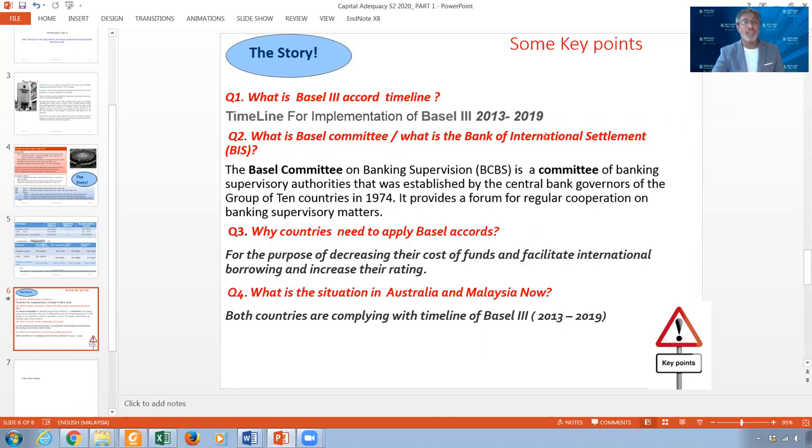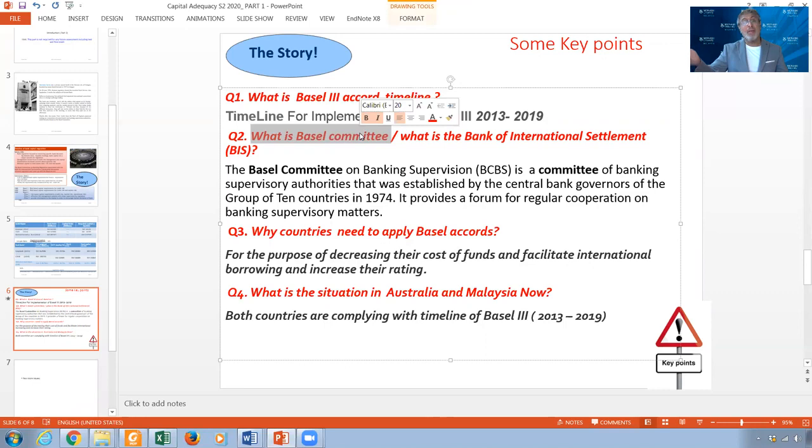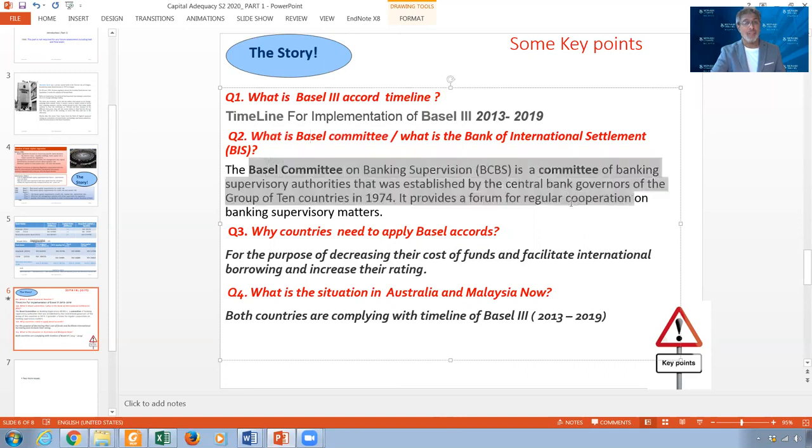What is the Basel Committee? What is the Bank for International Settlements? The Basel Committee is those huge, for example, now the G20, the great 20 economies in the world. And what is the Bank for International Settlements? It is actually the secretary of the Basel Committee, who will do these regulations and who will send them to the banks. It's like a secretary. The committee is just the governors of all those central banks in the G20. As you can see now, when we see requirements from BIS, we mean it's actually coming from the Basel Committee. So this is just some explanation about it.